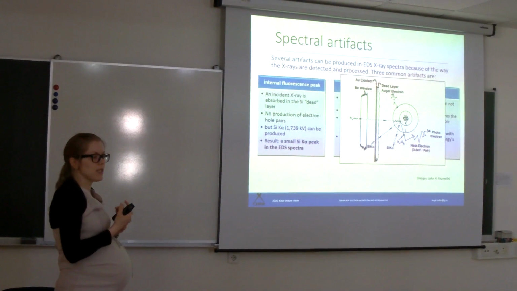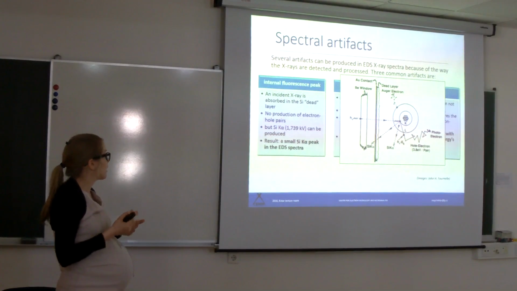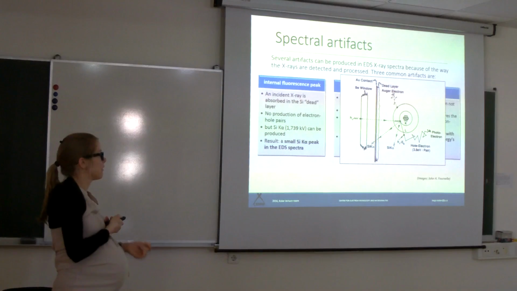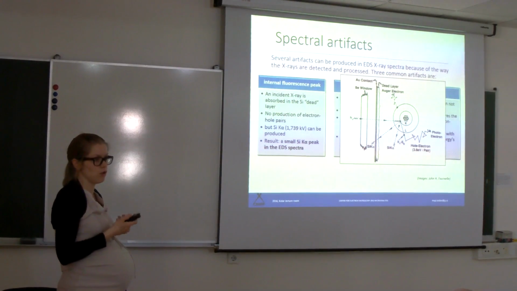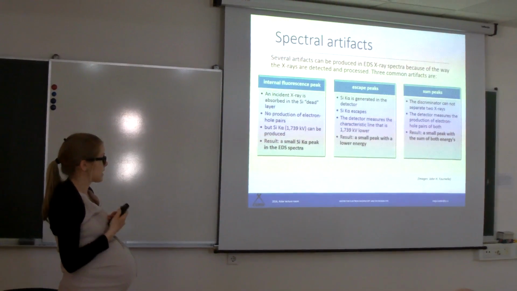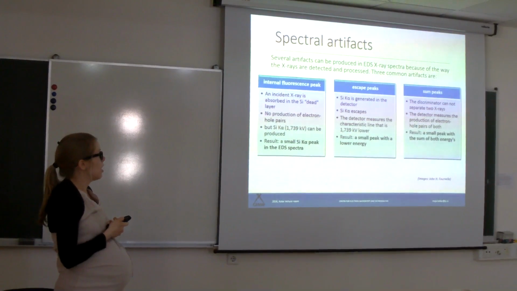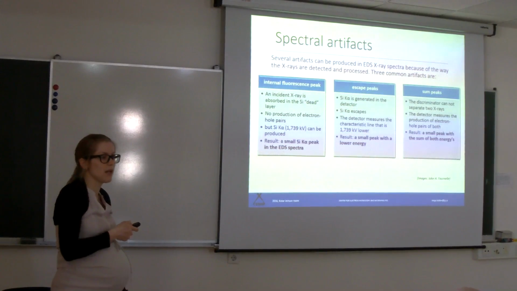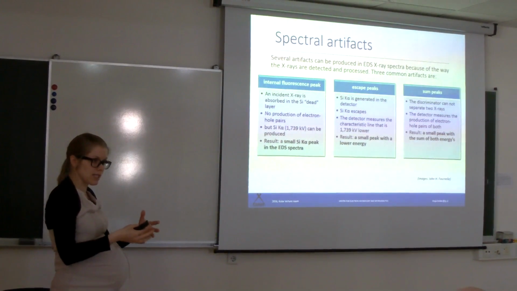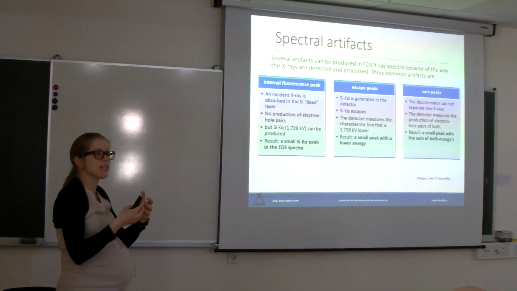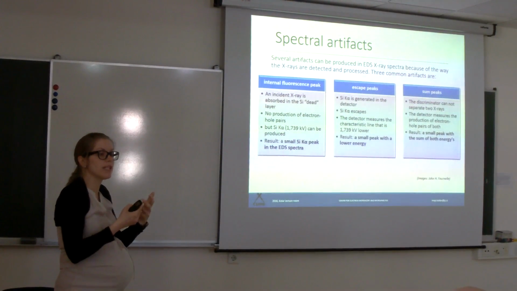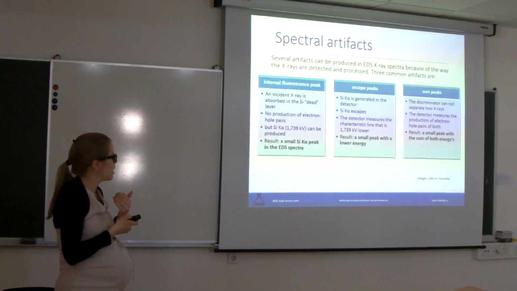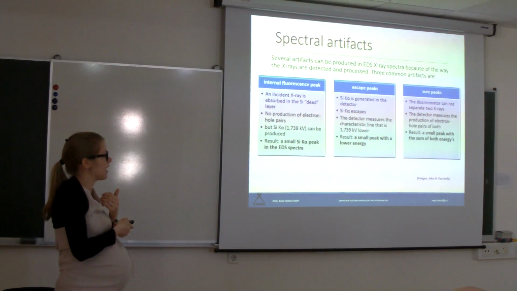But it can produce a silicon K alpha line because it's made out of silicon, and the result will be a small silicon K alpha peak in the EDS. You can see that. The escape peak means that you get a silicon K alpha generated inside your detector, and it just gets out, so you won't count the electrons for that energy, so you have a shift of that energy,